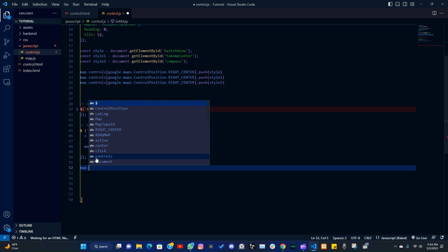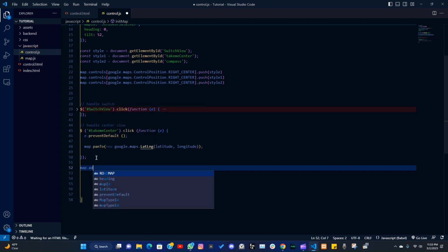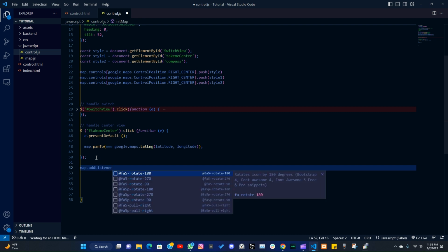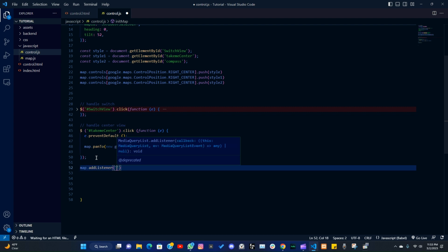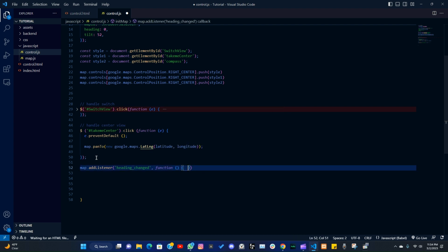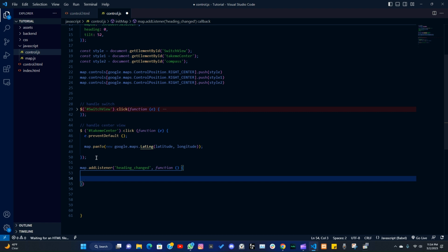So we say map dot add listener. Okay, so we need to add a listener to the map. What are we listening to? We're listening to a heading change. So we're listening to heading underscore changed. We just put our arrow function. We can just put our function. No parameters for now. Let's go. And inside here,